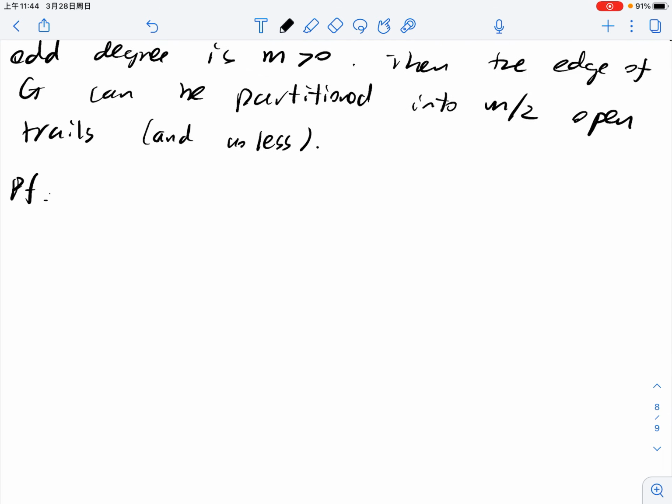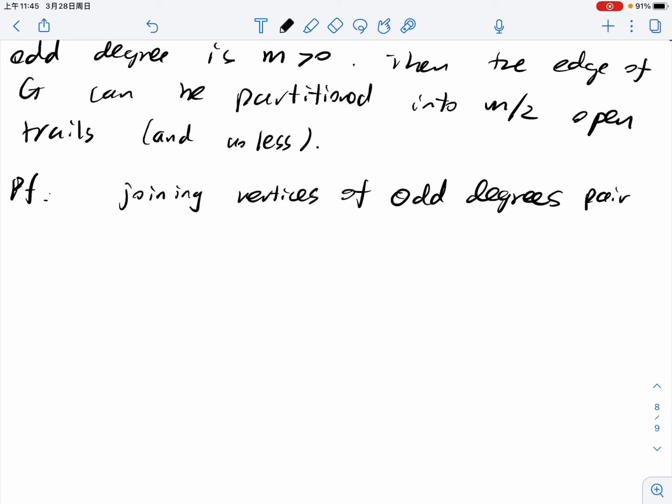So the proof is quite easy. You just join the vertices of odd degrees pair by pair. You can always do that by the previous theorem, that the whole degree, so by the theorem that you have an even number of vertices with odd degrees. Okay, and